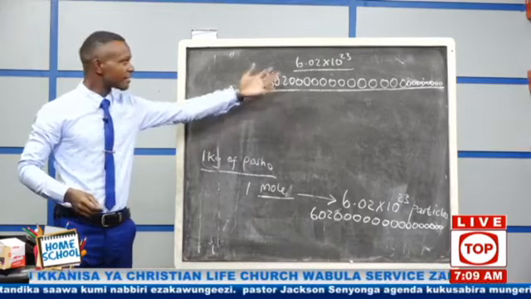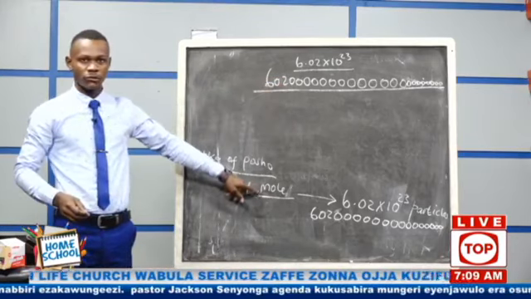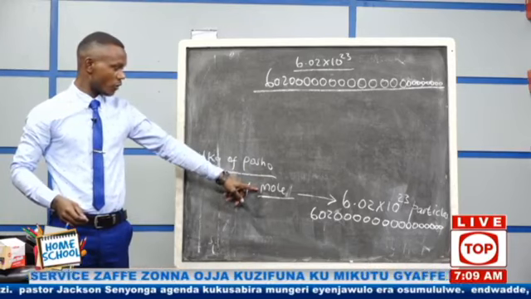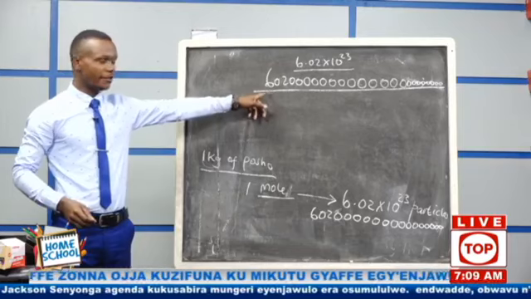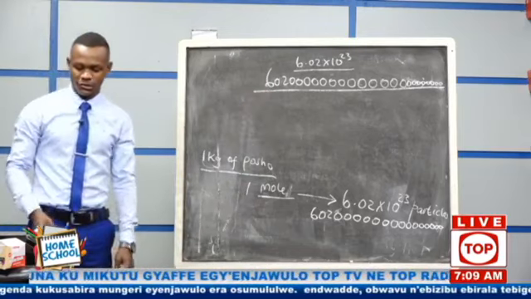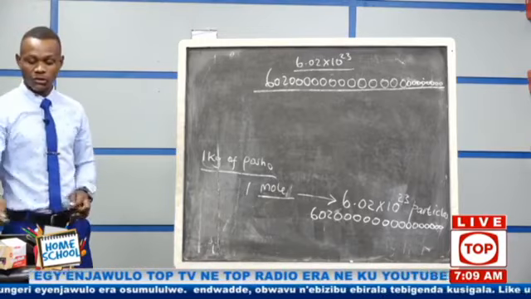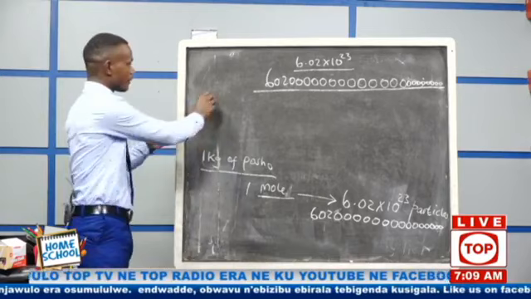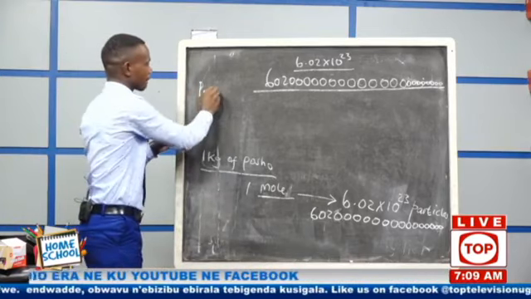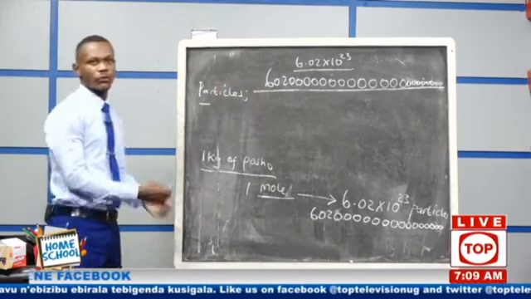Right? So these are the number of particles that are grouped in 1 mole. All right? Once we say 1 mole, we are meaning this number of particles. Okay? What are these particles, if we can ask ourselves? What are the particles we are trying to group? Okay? The particles we are talking about